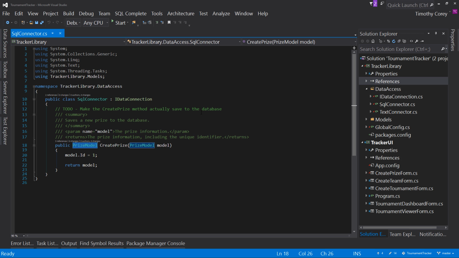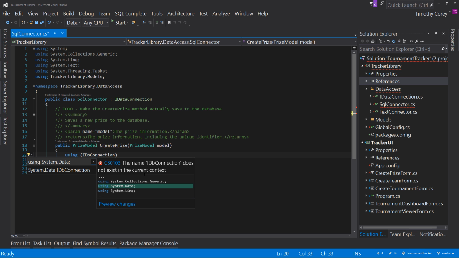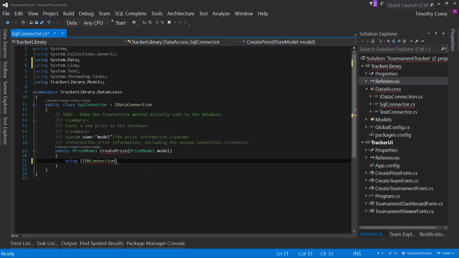Now back here again. So I've done a couple of setup things. Now I need to actually put some kind of code in here that does something. So let's get rid of our sample code. I'm going to add a using statement. Using, and then the open parens, IDbConnection, and that's not in the using statement list, therefore I do control dot using System.Data